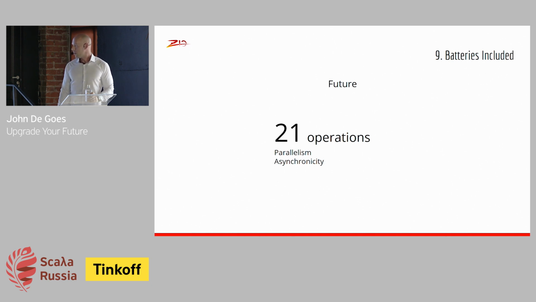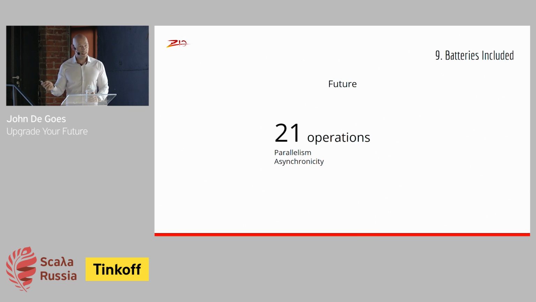Future has only a few operations in the data type, 21 operations in that and maybe the companion object. And these help you deal with very, very basic problems in parallelism and concurrency. But the problem is they're very low level and there's not very many combinators, which means that when you have a problem with a Future, most likely you're either going to write more code on top of that yourself, or you're going to Google Stack Overflow and you're going to copy paste some code from Stack Overflow.